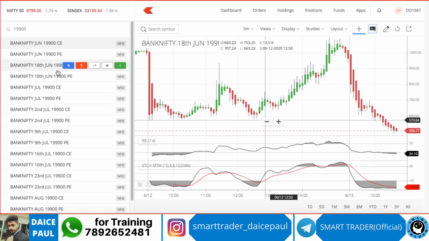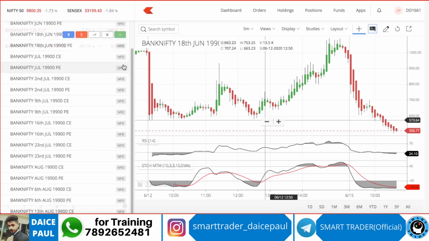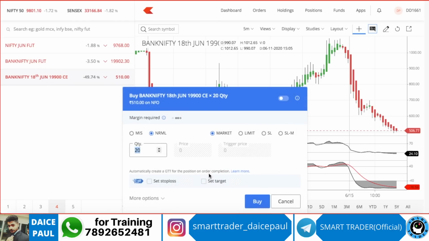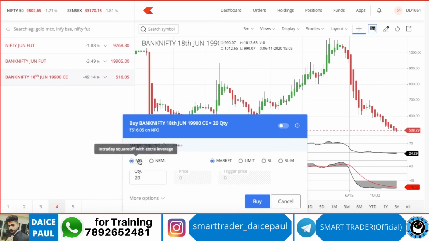This is the call option, this is the put option. For example, if you're predicting the market is going to go up, then you will buy the call option. Now for buying a call option, let me give an example with the help of this special feature. Zerodha gives the margin here. For an MIS order, generally you need 9,000 to buy this particular option. For selling, you need 45,000 rupees. You see the difference? That's the reason for buying you need very less premium, and for selling you need high premium.